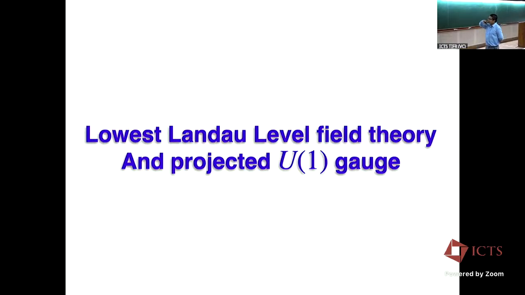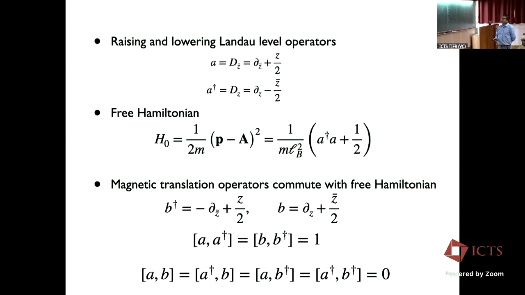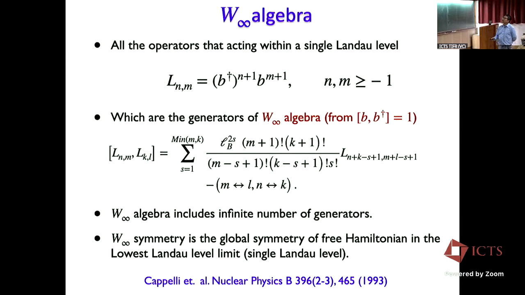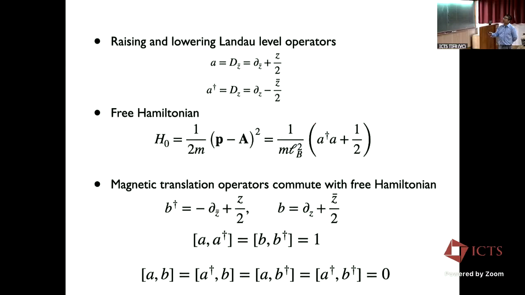So now I'm trying to show the thing called the projected U1 symmetry. That is the symmetry in the lowest Landau level. I think I don't need to introduce them again. So here I have A and A dagger, the raising and lowering Landau operators. B and B dagger are the magnetic translation operators